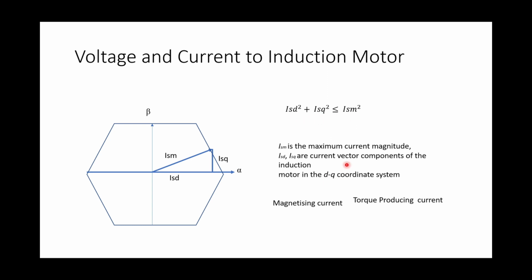If we are controlling from the drive, you can control the D part separately and the Q part separately. This really makes a huge difference whether we control from the drive or connect directly to the grid. When you connect to the grid, you don't have individual control over these two. But if you connect to the drive, you can control your voltage D component and Q component individually.